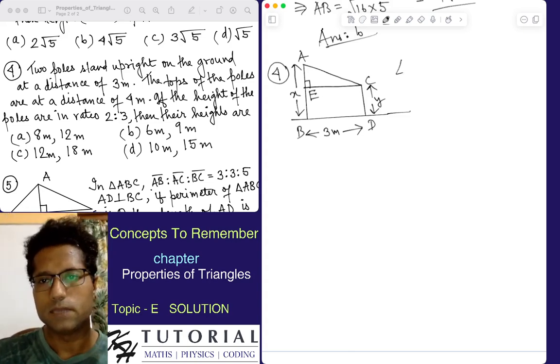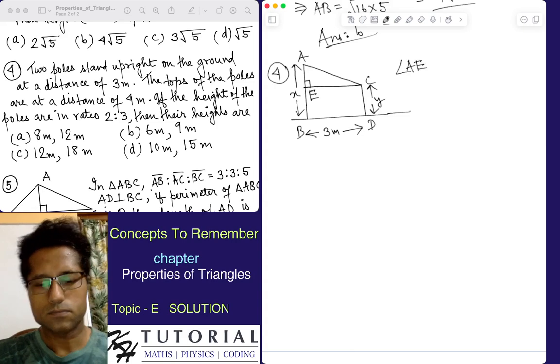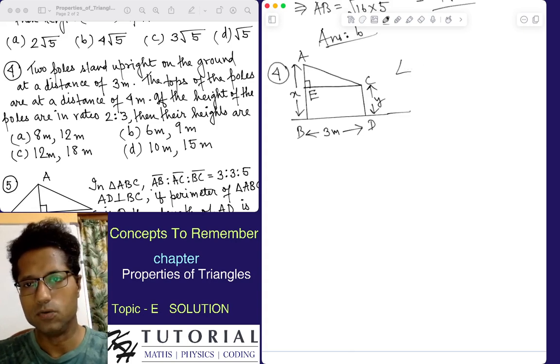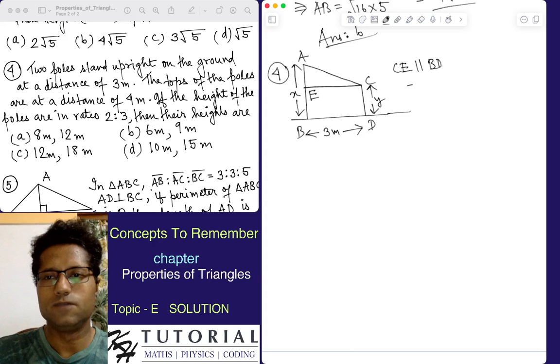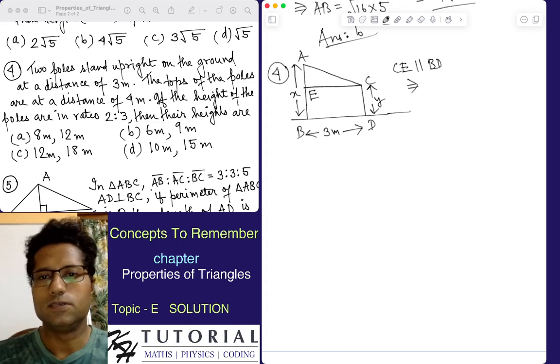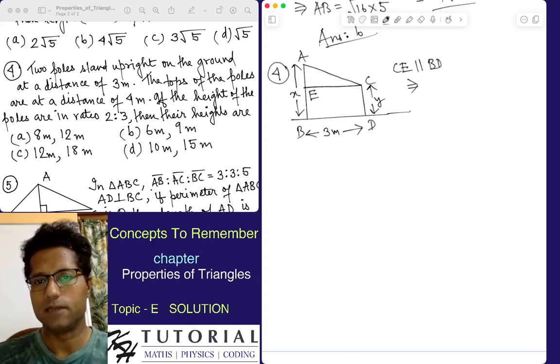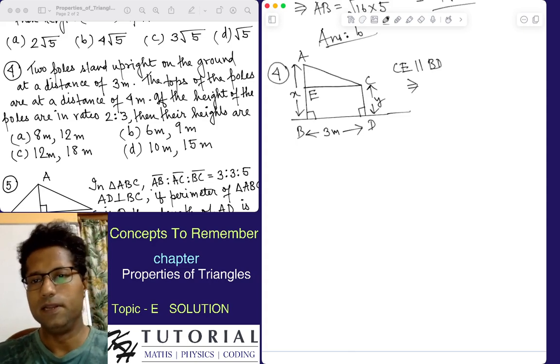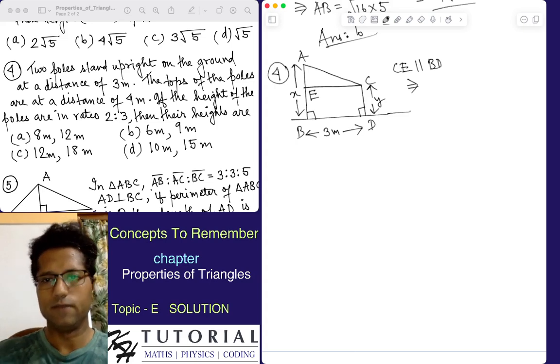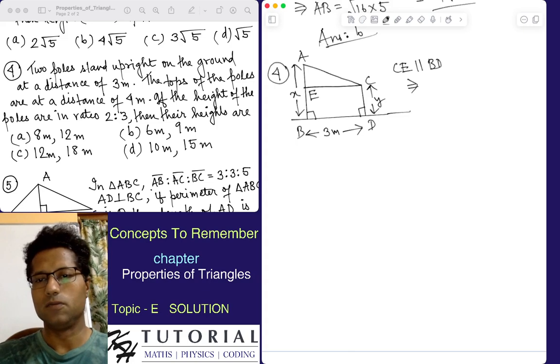Angle AEC. We have drawn a line CE parallel to BD. Since BD is basically the ground and AB is standing upright, this is 90 degrees, this is also 90 degrees. AB is perpendicular to the ground BD, and if CE is parallel to BD,